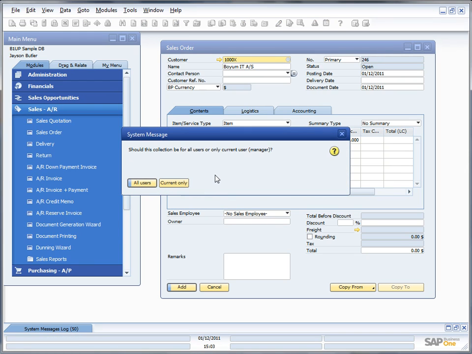I'm then asked if I want to have this be the same setup for all users or only for the current user. Many people use all users, but there can be certain scenarios where current user only makes sense. It could be, for example, that you had put certain fields on using the item placement tool, but only for certain users, and you wanted to be able to go through those as well. While other users didn't have those fields, you couldn't make one single collection because else it will fail for the rest of them, not being able to set that item that they don't have. So in my case, let me just take all users,